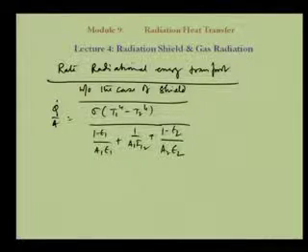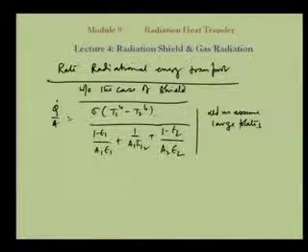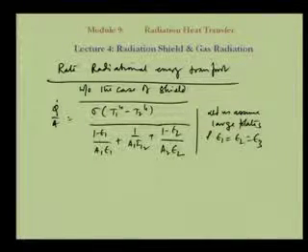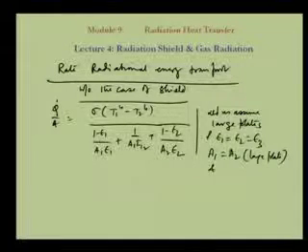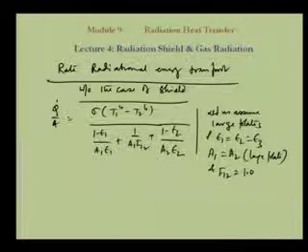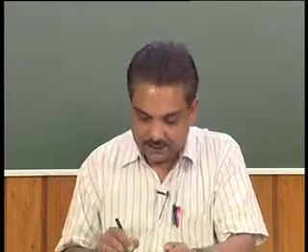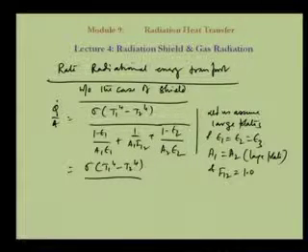Okay. Now, let us assume large plates, okay, and epsilon 1 is equal to epsilon 2 is equal to epsilon 3, that is for shield material. So, large plates means A 1 is equal to A 2, so the areas are same, and F 1 2 is equal to 1. So, the first plate sees only the second plate, it does not see anything else. So, view factor is equal to 1, and then it becomes sigma into T 1 to the power 4 minus T 2 to the power 4 by, if we just do the simplifications, we get